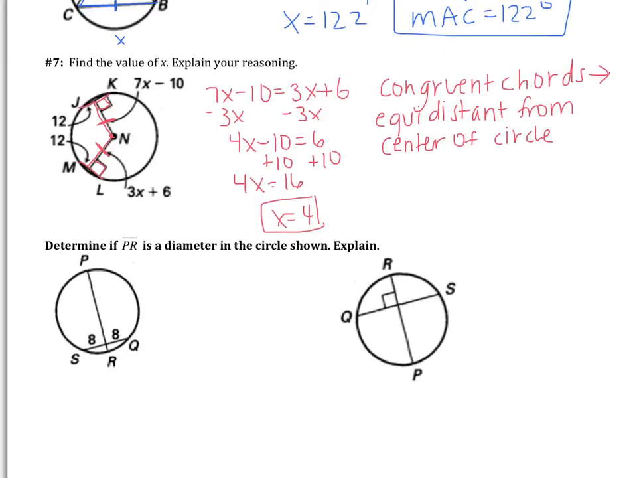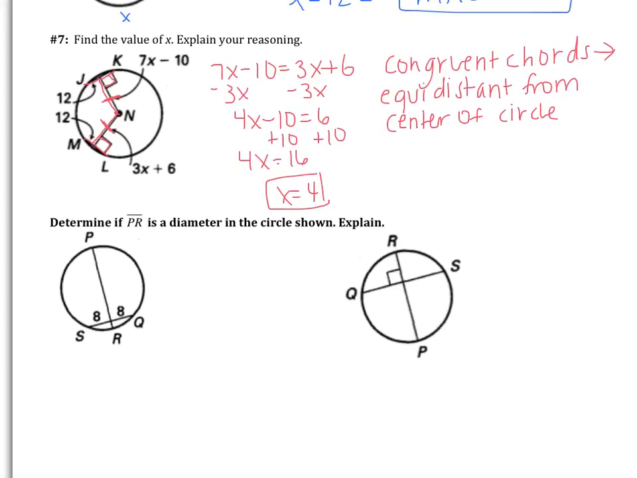So it says determine if PR is a diameter in the circle shown, and then explain. First thing we should probably recall is how we know if something is a diameter. Okay, a segment is a diameter if it's perpendicular to a chord and if it bisects the chord. So looking at the example to the left, our chord is bisected, so we're looking specifically at this chord SQ. It's bisected because I have one side that's 8 and the other part that's 8 also. So bisected,